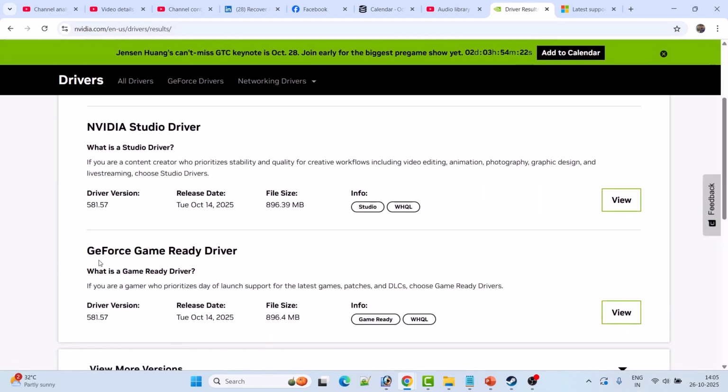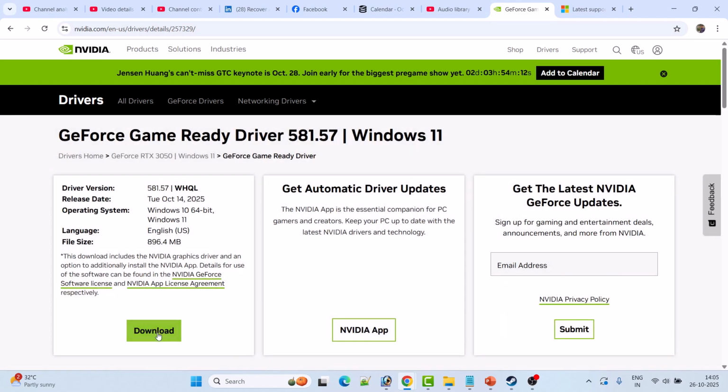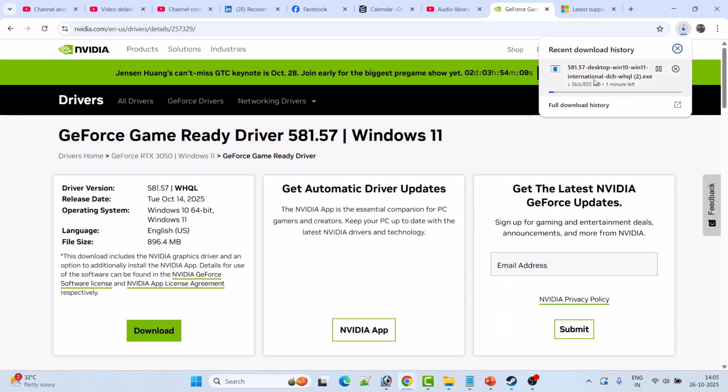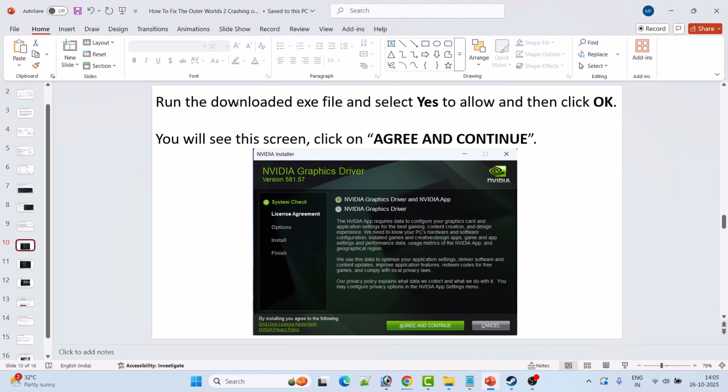Scroll down, you have to download and install GeForce Game Ready driver. So whatever is the latest version, you have to download and install it. So click on view, then click on download. And once this exe file gets downloaded, then run the downloaded exe file and select yes to allow and then